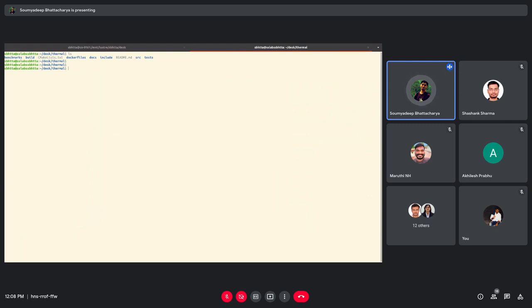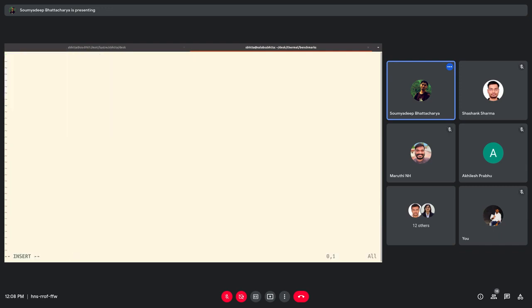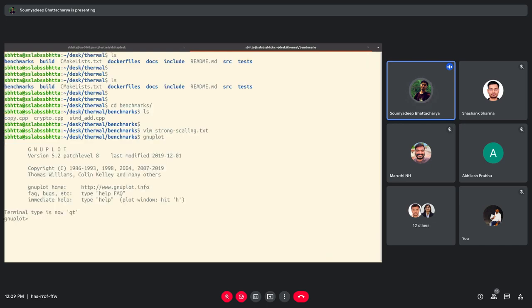That's okay. So we will just plot it quickly. And usually when you go to conferences, this is the first graph people want to see. This is strong scaling, as opposed to weak scaling, where you keep the problem size the same per thread, but spawn clones of the same problem across multiple threads. Or basically you keep increasing the size with the number of threads. Okay, so this is the thing, and if we do gnuplot, and let's say data file separator,